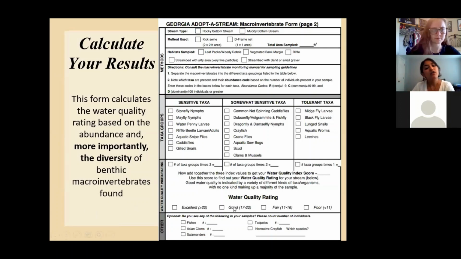And then we also have other groups that you may find in your samples, and if you find them, that's great, and we'd like to know about that. Some Asian clams, like some invasive species, if you're able to identify them, you can make note of that. Tadpoles, those are all at the bottom though, and they don't influence your water quality score, but they're just good to know.